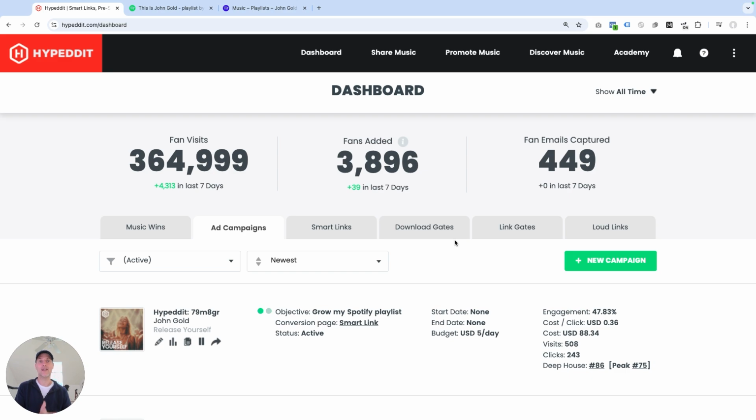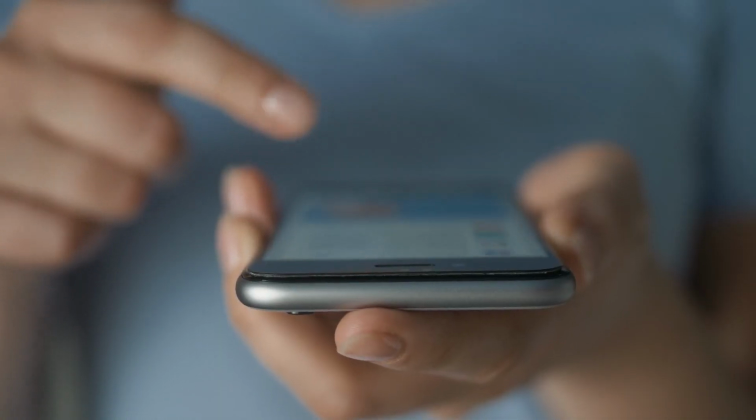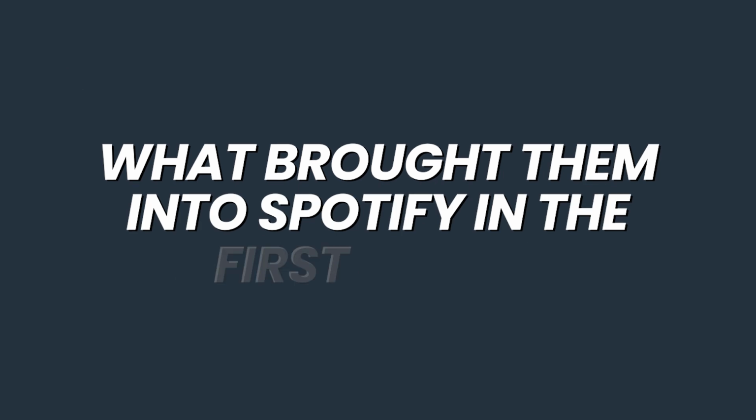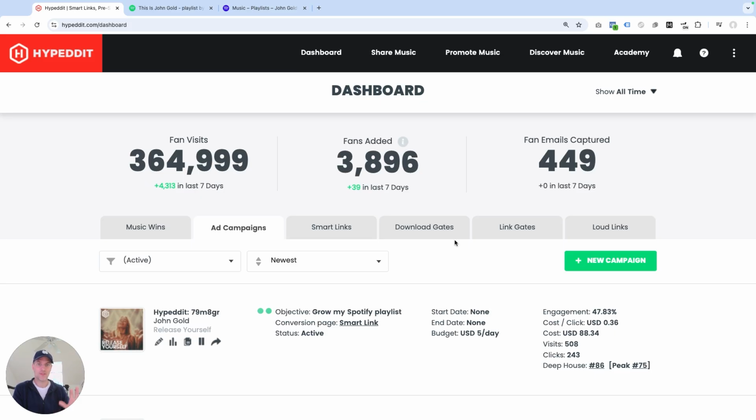But we can't really tell where they're coming from. Were they coming from social media? Were they coming from ads? Were they coming from emails? Like, what brought them into Spotify in the first place? And that makes it sometimes difficult to be able to say, well, that result I'm getting is because of this activity